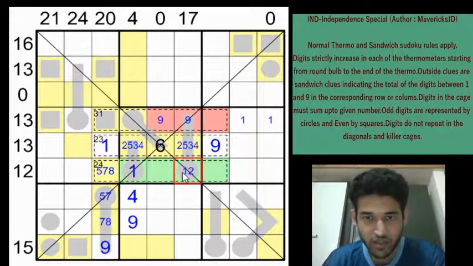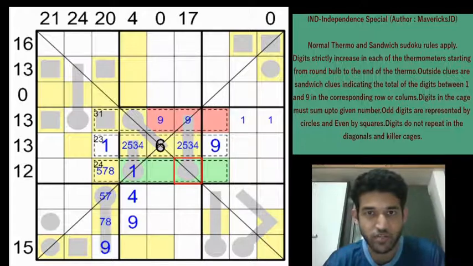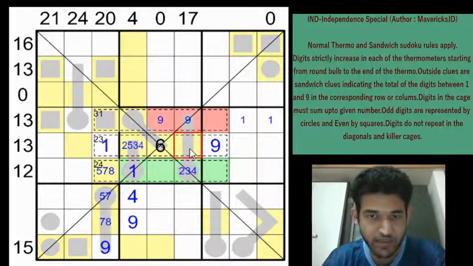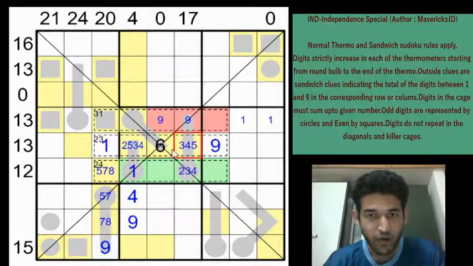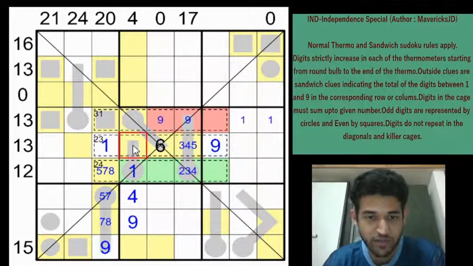And so this is not going to be a 1, so this will be a 2, 3 or a 4, and since this is a 2, 3, 4, this will be a 3, 4 or 5. And now these 2 cells must add up to 7. So when you have a 3 here, this will be a 4. When you have a 4, this will be a 3, and when you have a 5, this will be a 2. Right? We can eliminate the 4 right away.